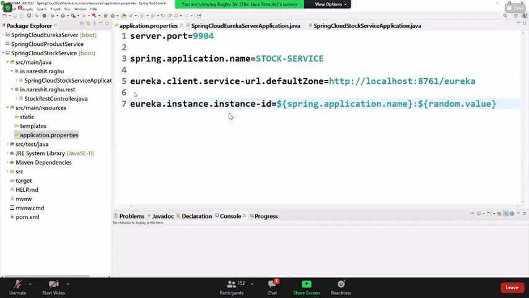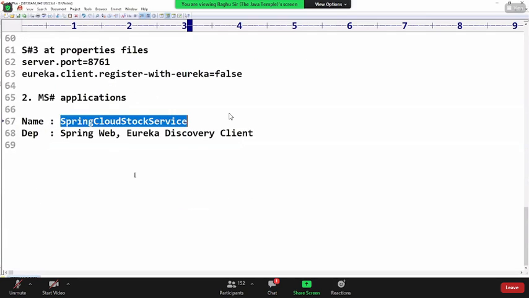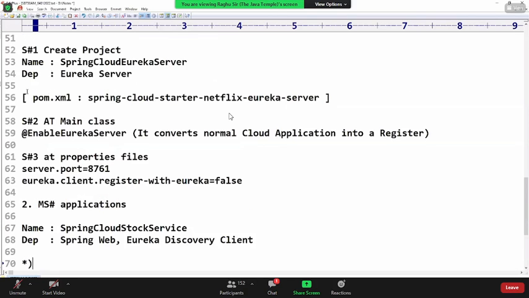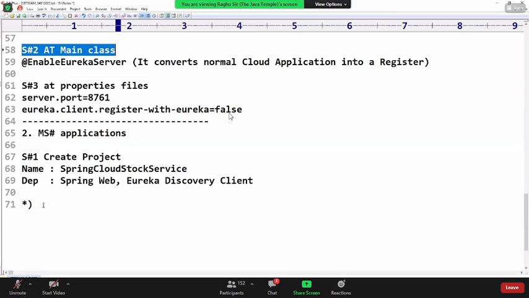This is fine. Now I also want to write the order service. This is creating the project. At the main class.